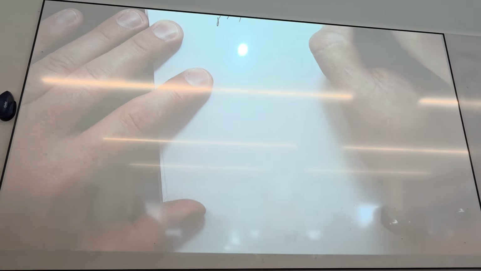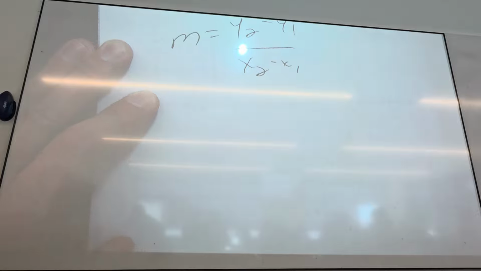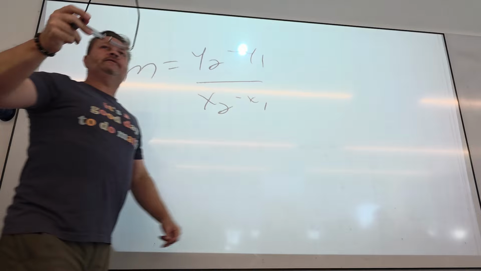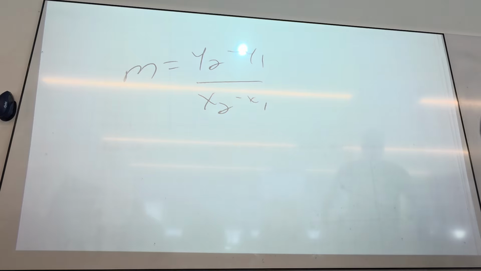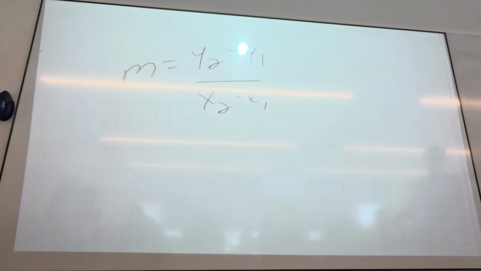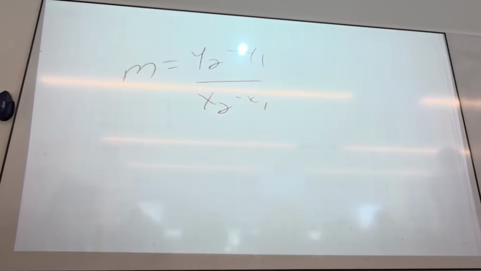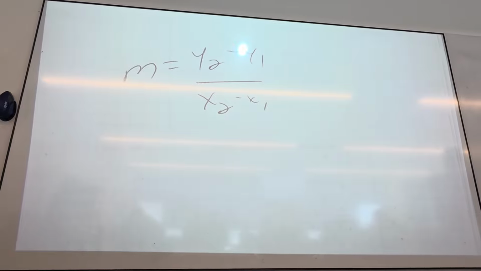So help me out. Here's the equation for slope. This implies that I have to know two specific points. That's what subscripts mean. x1, y1 is the first point I have, and x2, y2 is the second point I have. But how many points are in a line? Infinite number. Does it matter which two I use? Should the slope change if I use two different points? If it did, then the line would curve and it wouldn't be a line anymore, right? Is everybody with me? Okay.